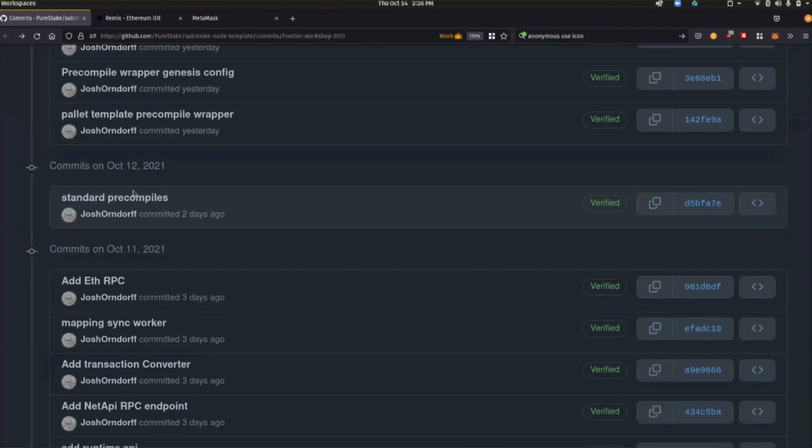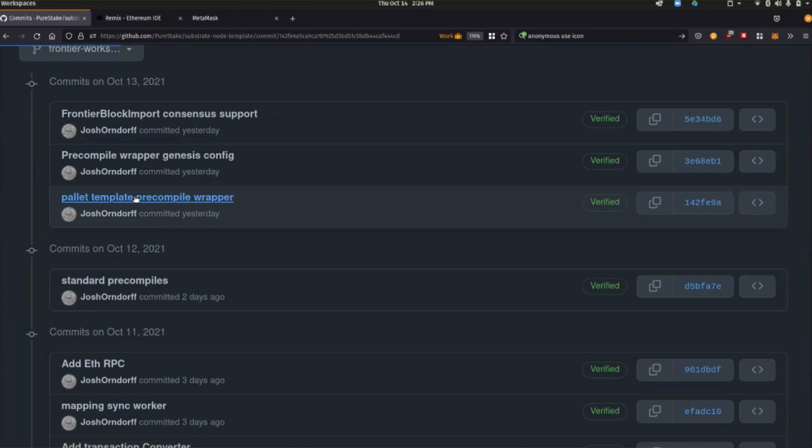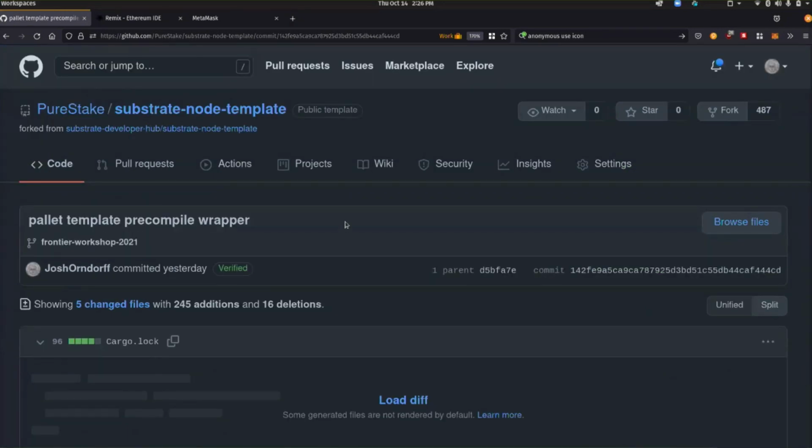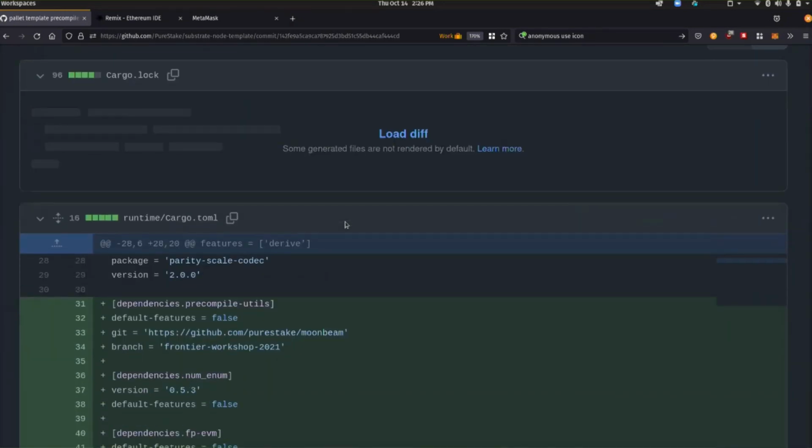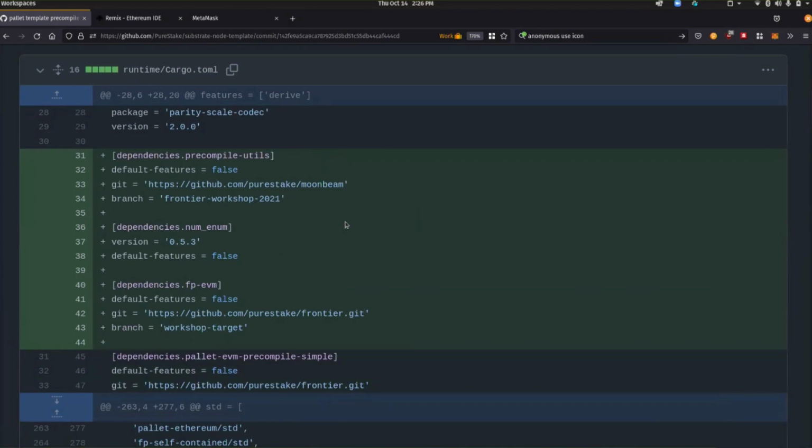All right, so we are now up to this one, palette template precompile wrapper. So we take on some dependencies here. One is FP EVM, that's another Frontier crate, no big deal. One actually comes from Moonbeam, so you can see this one is not part of Frontier, and it's called precompile